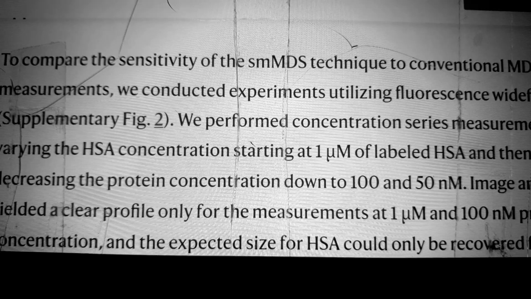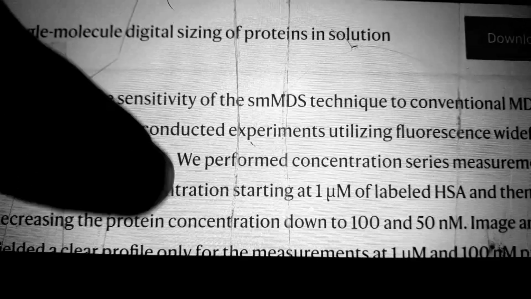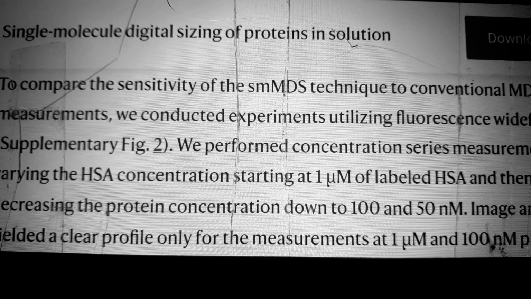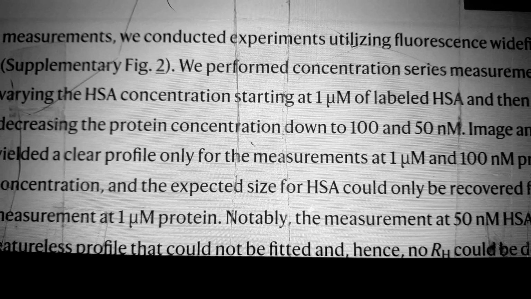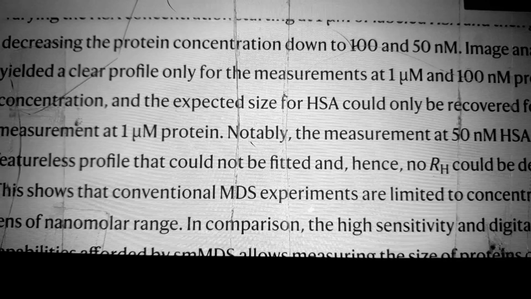To compare the sensitivity of the SMMDS technique to conventional MDS measurements, experiments utilizing fluorescent wide-field imaging were conducted, and they performed concentration series measurements by varying HSA concentration, starting at 1 micromolar of labeled HSA, and then gradually decreasing the protein concentration to 100 and 50